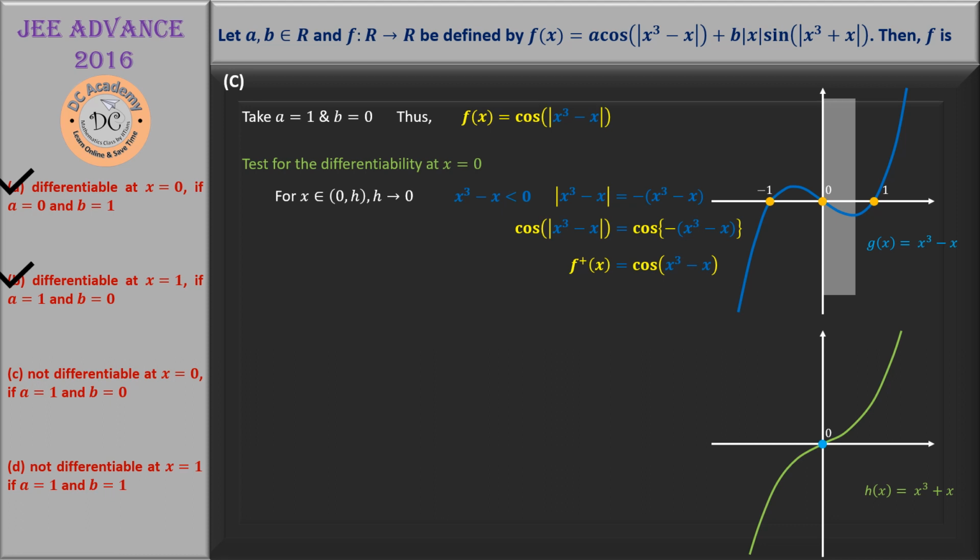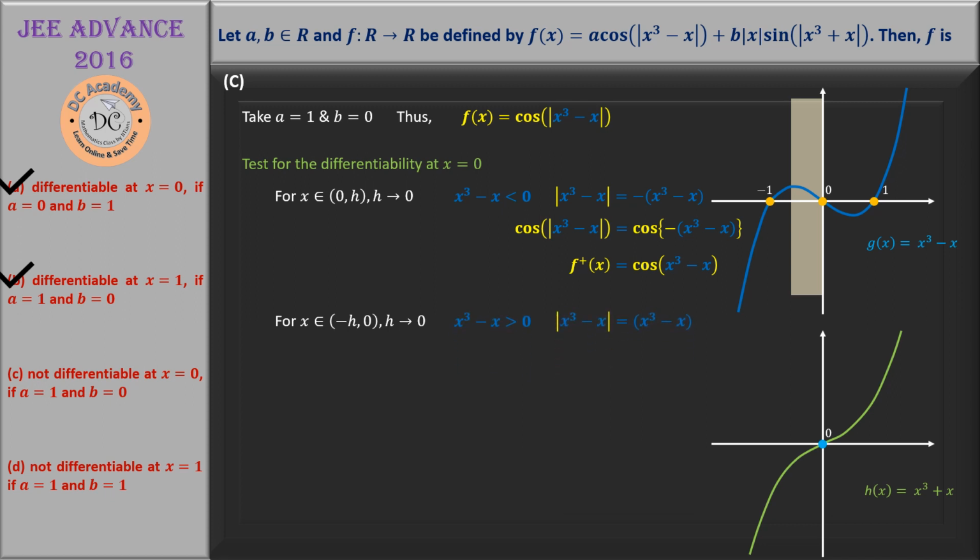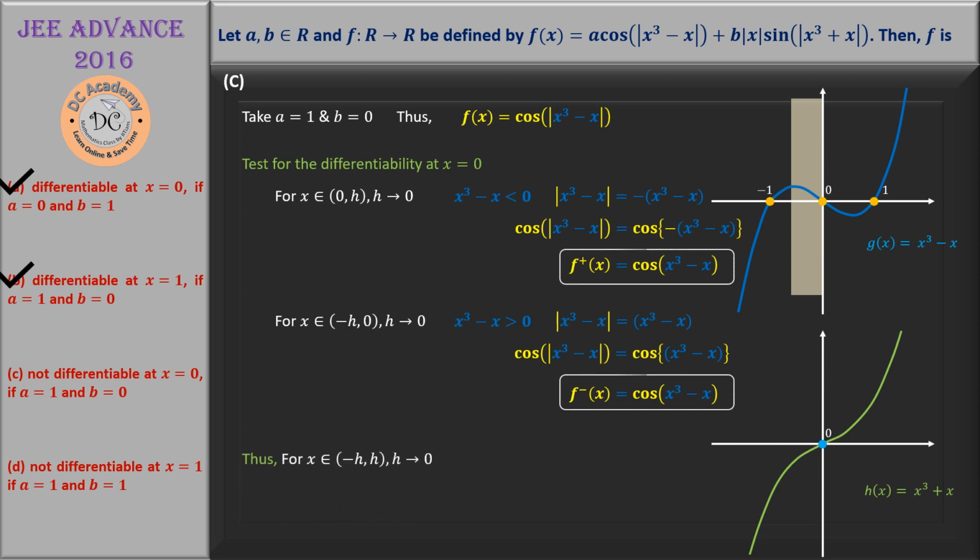using that concept, the right side is cos of (x cube minus x), and for the left hand side, minus h to 0, x cube minus x is greater than 0, so the cos function will always be cos of (x cube minus x). So using the same definition, we can say that in the region minus h to h, the right and left sides are equal, and therefore the function is differentiable in the neighborhood of x equal to